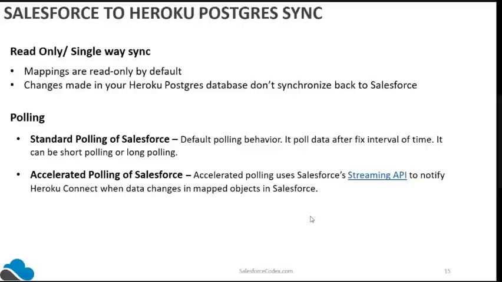So in polling, you are pulling data from Salesforce to Heroku. Now, what is the interval? After how many minutes or hours does that data need to be pulled from Salesforce to Heroku? We can fix that in our mapping system. By default, in Salesforce Heroku integration, you can go with 2 to 24 hours, but when you are creating a demo application, you can go to a minimum of 10 minutes of polling.